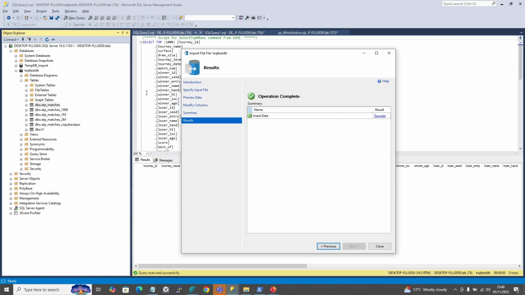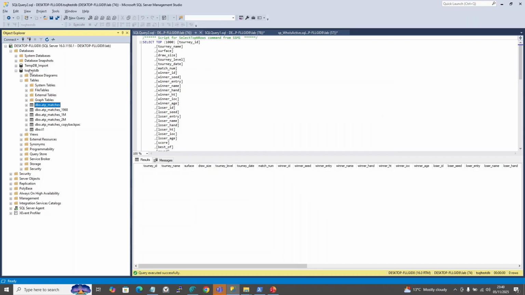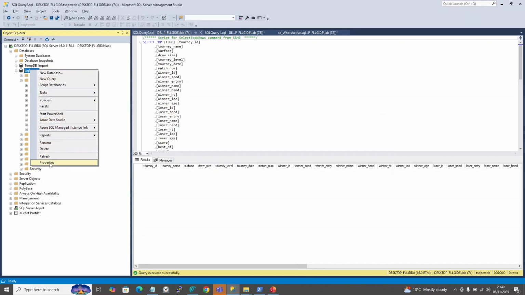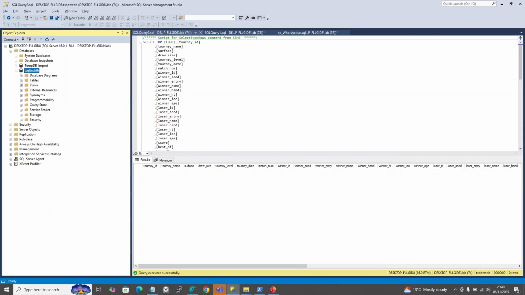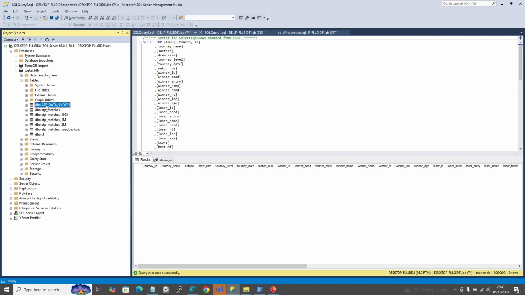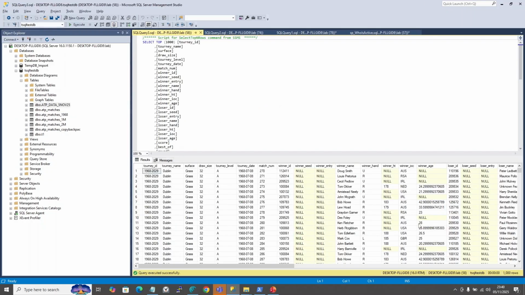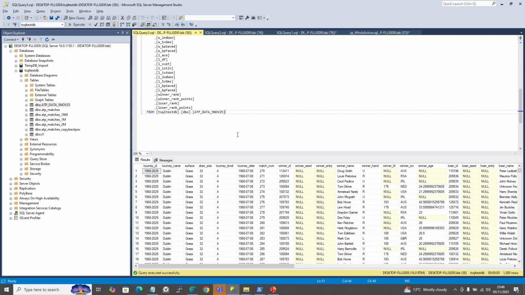Now the data is loaded, it's a success. We close it, we refresh the data, we look at the tables, and I select the top 1000 rows, and you can see 1000 rows are selected. This is my session ID. And how many records have I loaded? I haven't loaded any index on this table. Okay, but next we are going to create it,